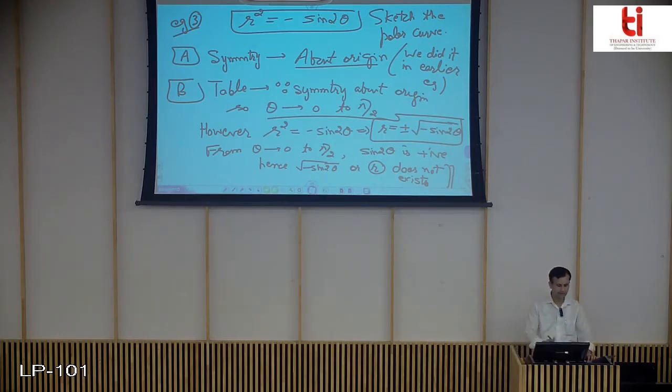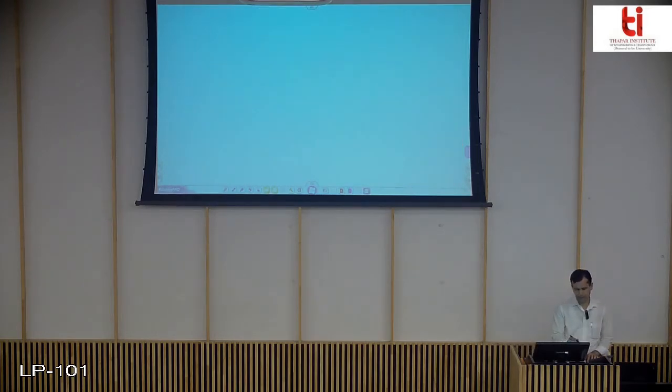This is the case I was telling you about earlier: if you have symmetry about the origin, it is not necessary that you will always go with theta from 0 to pi by 2. It can be that the curve is not present in the first and third quadrants, and is present in the second and fourth quadrants, and accordingly you have to change your range of theta. Clearly r is not defined from 0 to pi by 2. So here we take theta from pi by 2 to pi. We shift to the second quadrant.